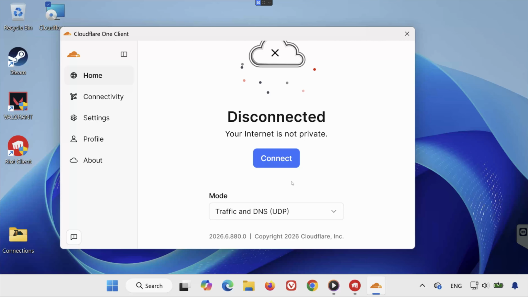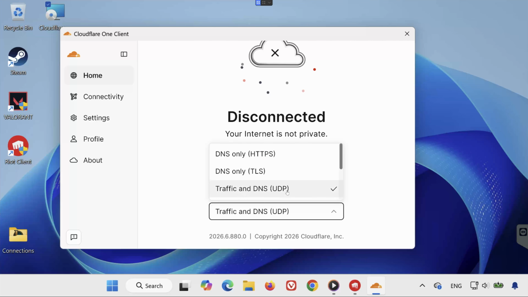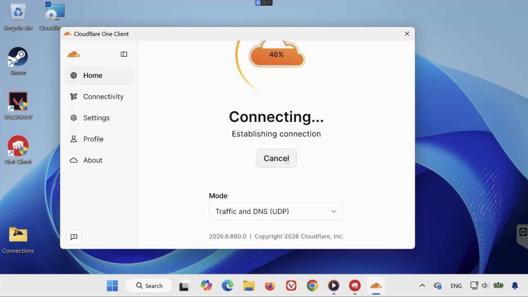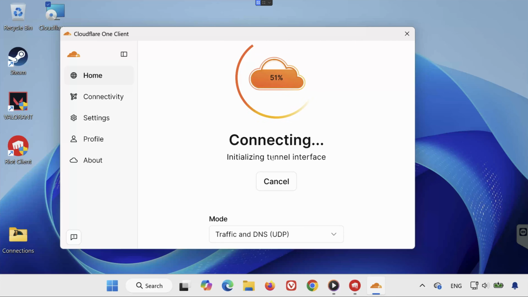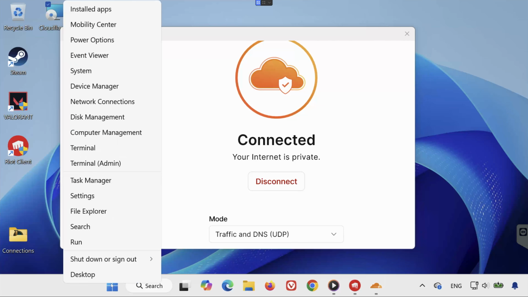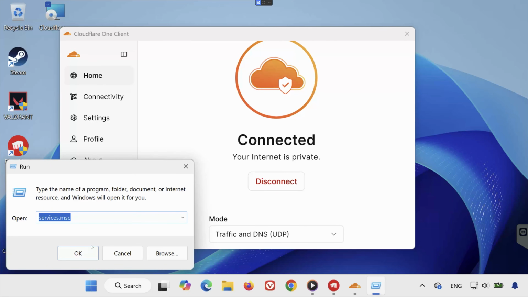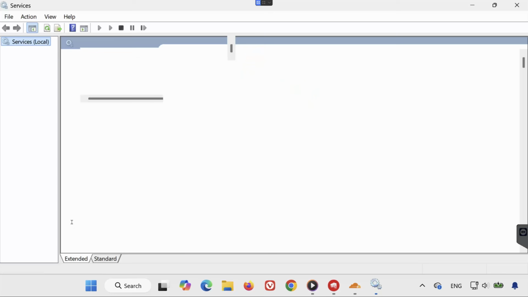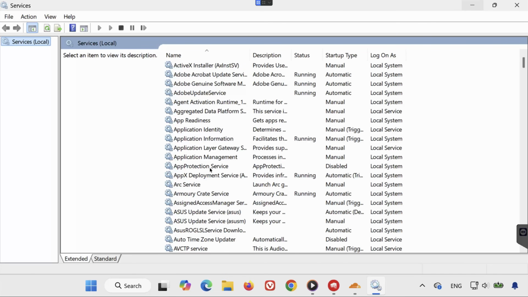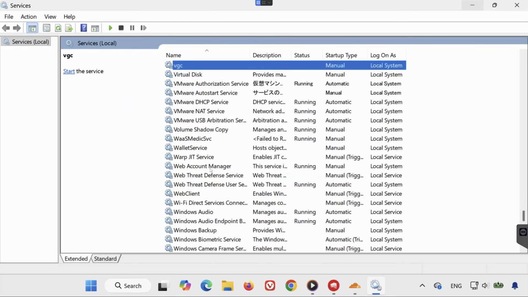Open its connection settings and select the option that routes both your internet traffic and DNS through Warp. Then click Connect. Wait until Cloudflare confirms that the connection is active. Now right-click the Start menu and select Run. Type services.msc, then press Enter. When the Services window opens, press the letter V on your keyboard to quickly locate the